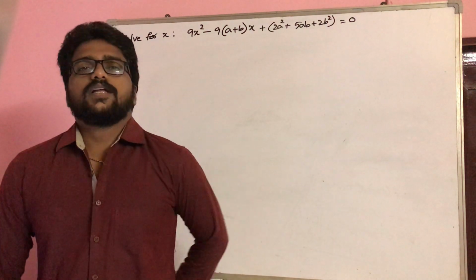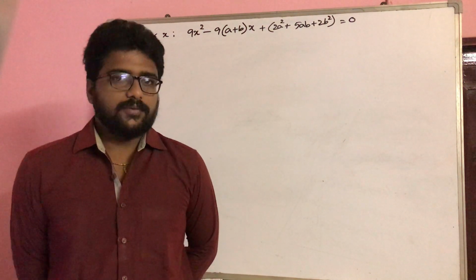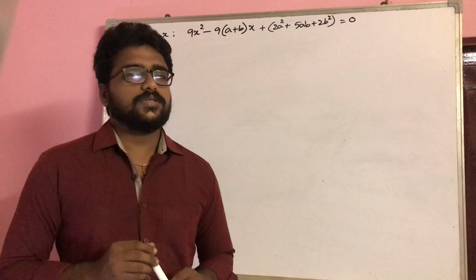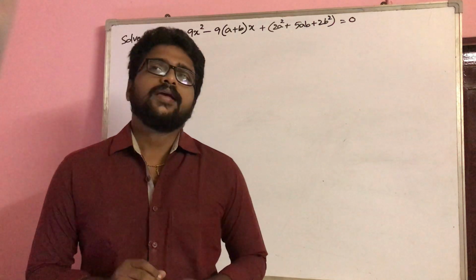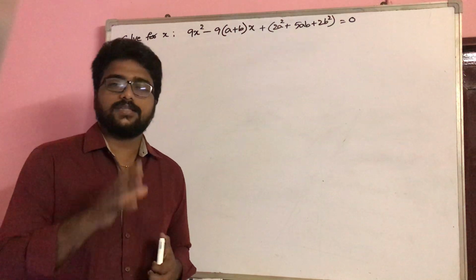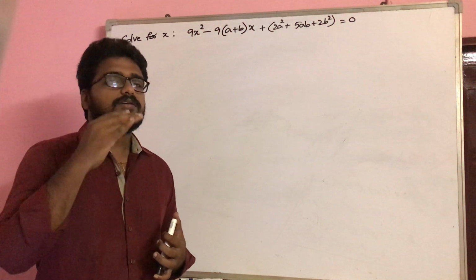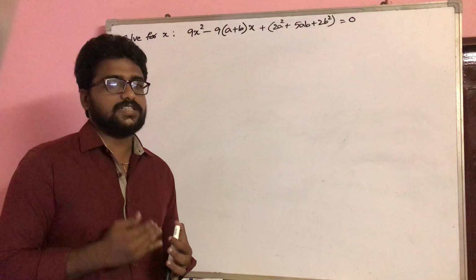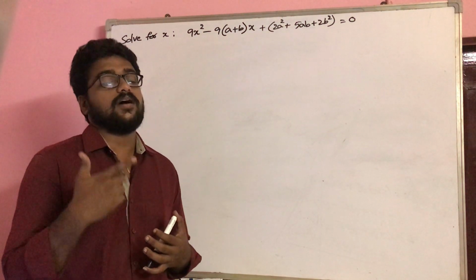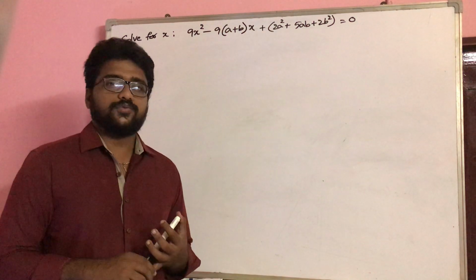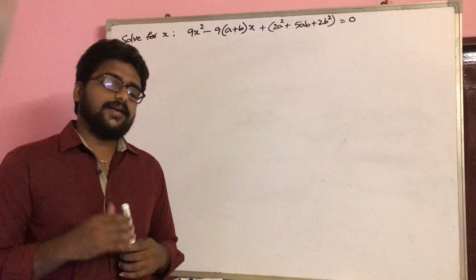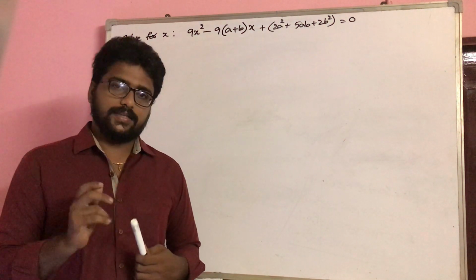If you remember, in the last class I told you the quadratic formula will help you get an answer in a simple way. You just have to substitute in the formula, that's it. There we have to find the formula for the discriminant, and based on the discriminant value we differentiate how the roots will be, whether the roots will be real and equal, real and distinct, or unreal. This characterization we are doing. Apart from this, after finding the discriminant value, if you substitute in the formula, you will get the answer.